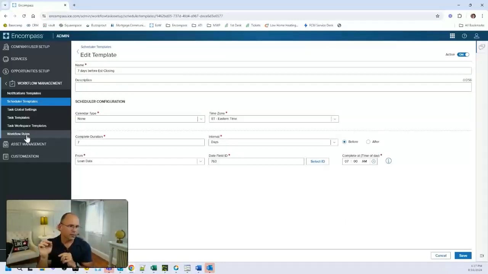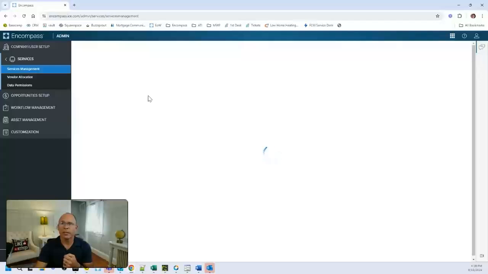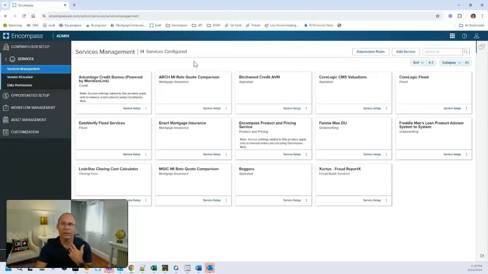All right. Some more things that I want to make sure you're thinking about and using when it comes to web tools is ordering services. So if we look at workflow rules, we've had a ton of people sign up to change their automation in services to automate things like flood or automate things like fraud. Really easy steps to make to go in and automate these things. So if you're not one of the folks that is automating services yet, start with flood.